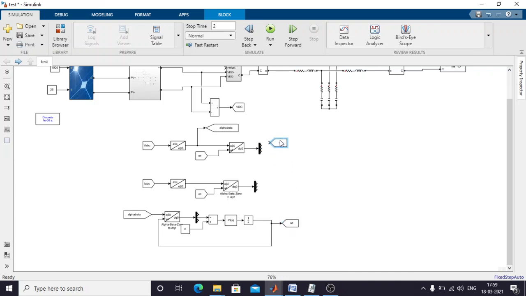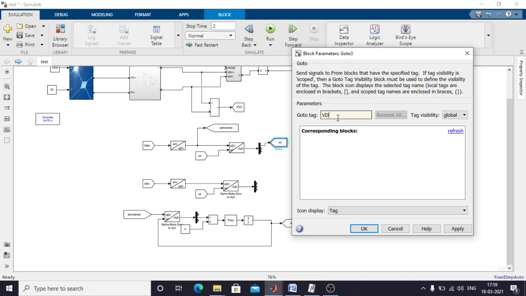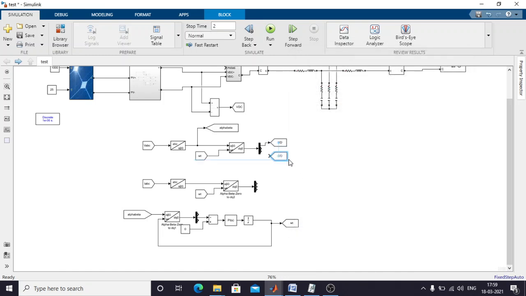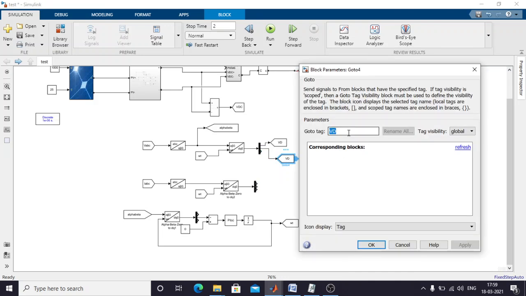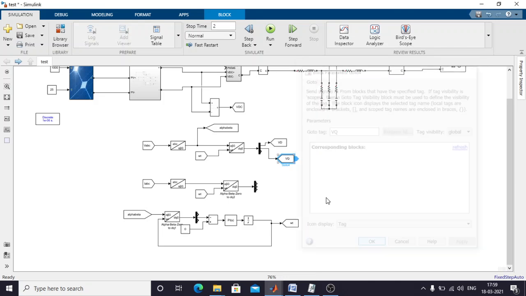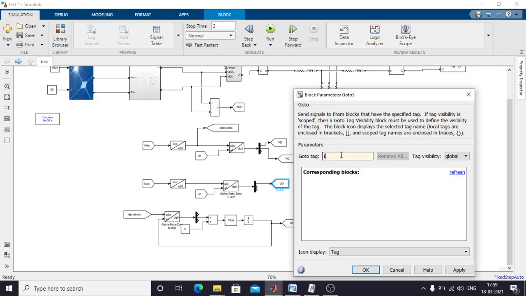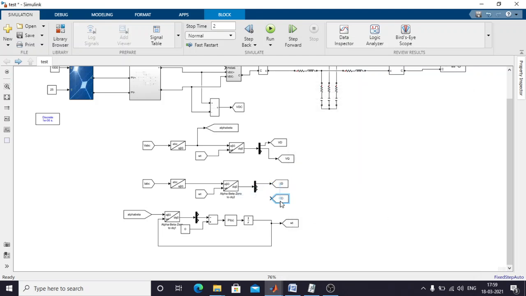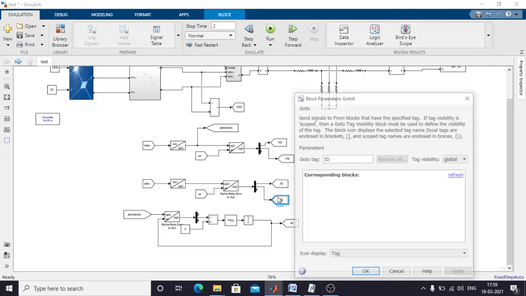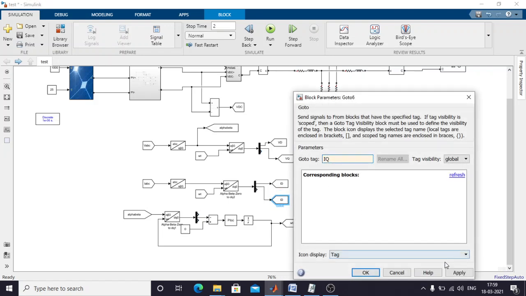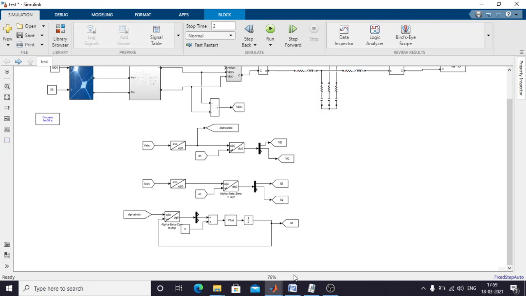So here you can use this is VD and this is VQ and this is ID, this is IQ. Okay,